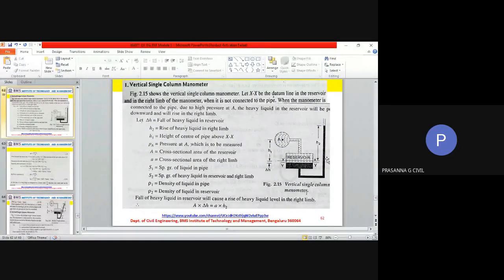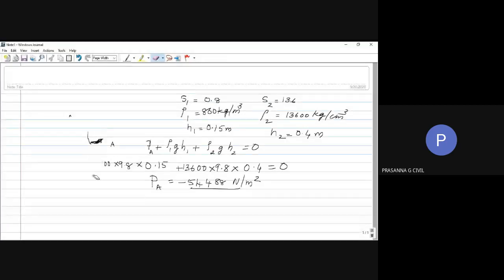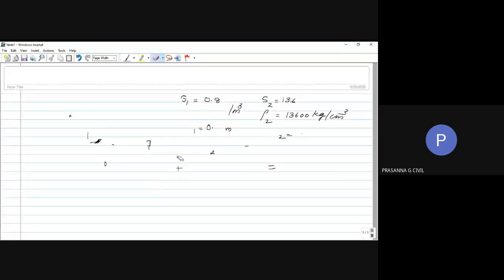Now, when this U-tube is attached to a pipeline, can we do one thing? I will try to draw it and show you on my pad. Give me a minute. Just to make you understand that better, because instead of drawing two figures, they are just giving a direct figure. So if I draw two figures, probably your confusion there will be very much removed.